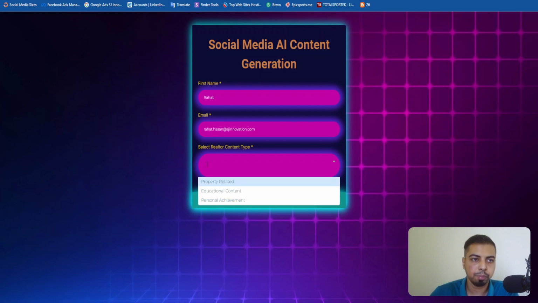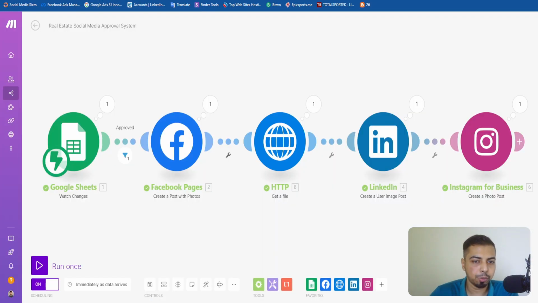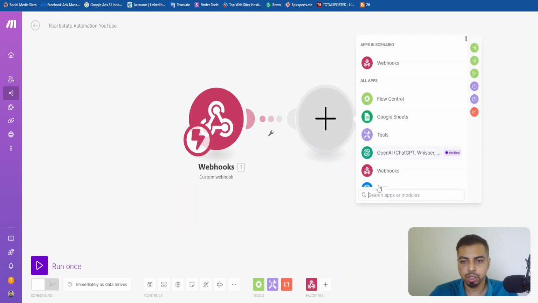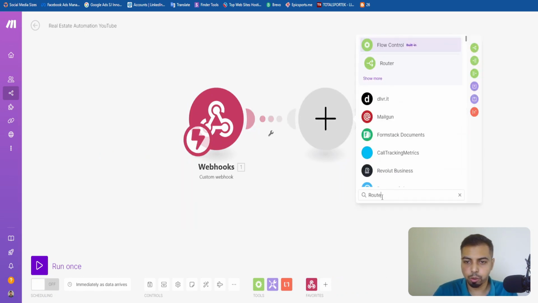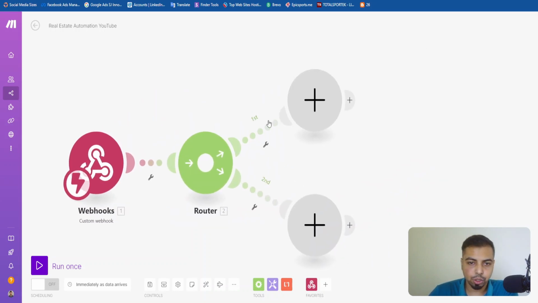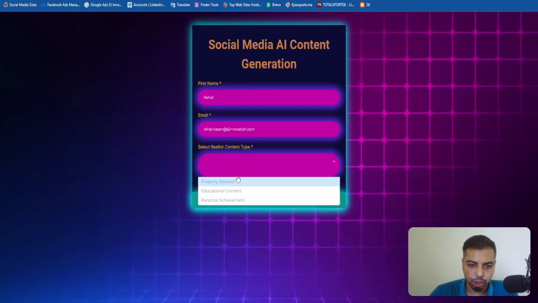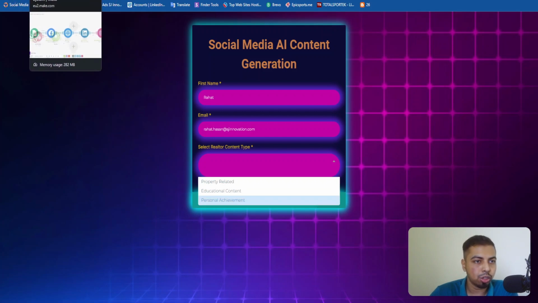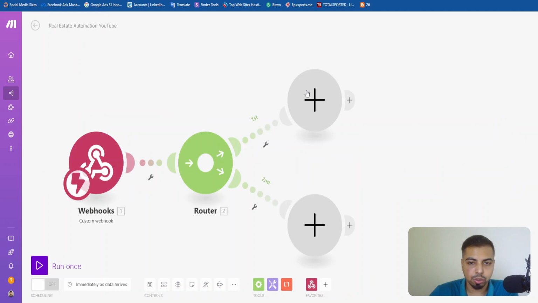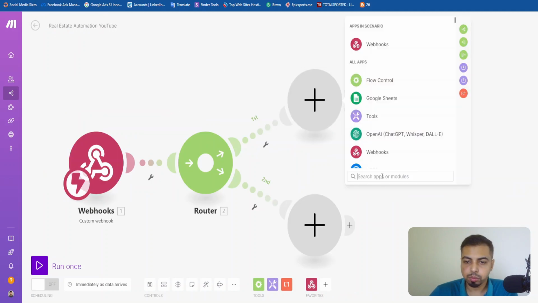So for these three, we just need to make sure that we are using the right routers. So let's go use the routers, and the first one is... initially there should be three routers, because we are going to three routes here. Property related: if anybody selects the property related content, then they will go to one route, then educational content and personal achievement. So what we have to do is, let's go back to this and then click on, first one is,